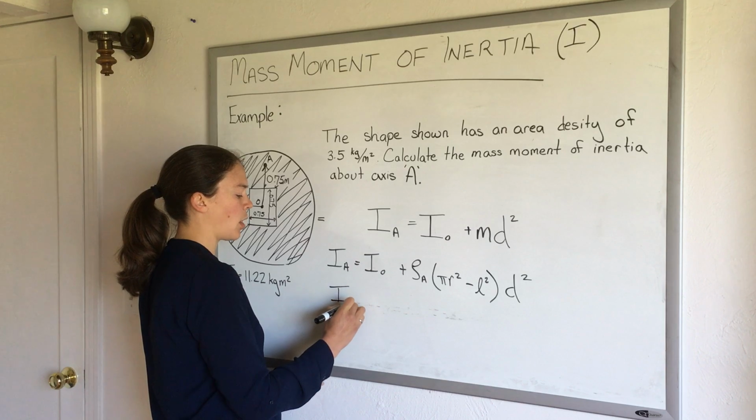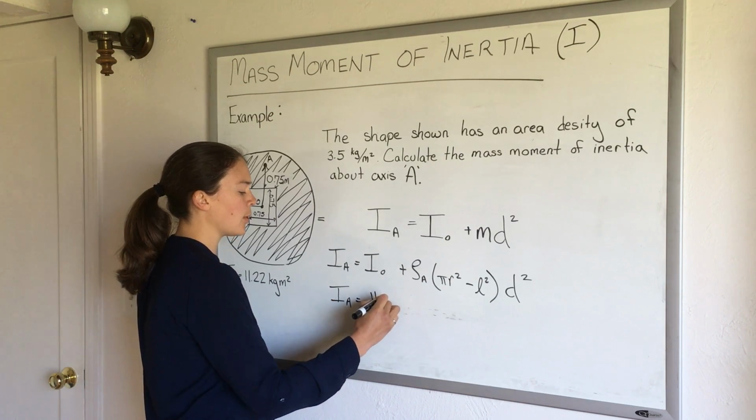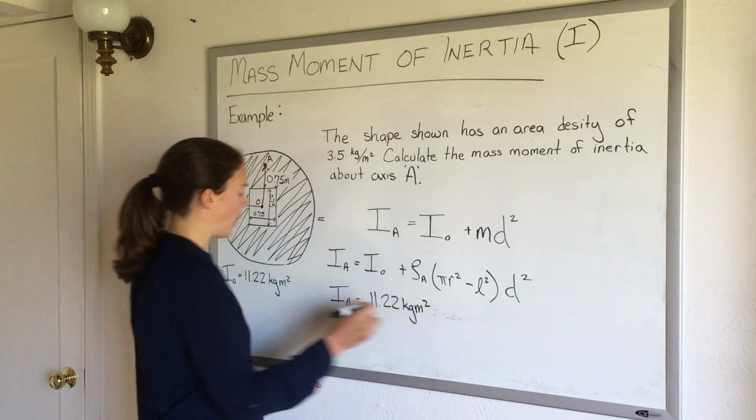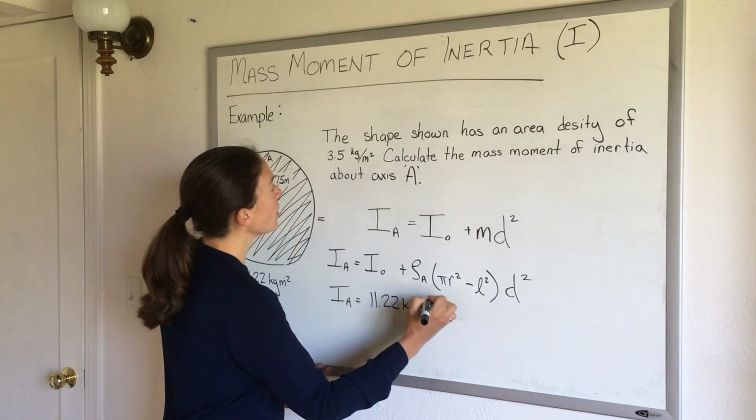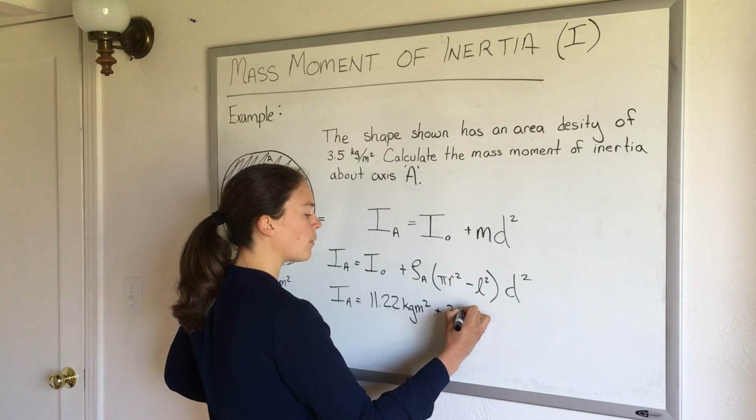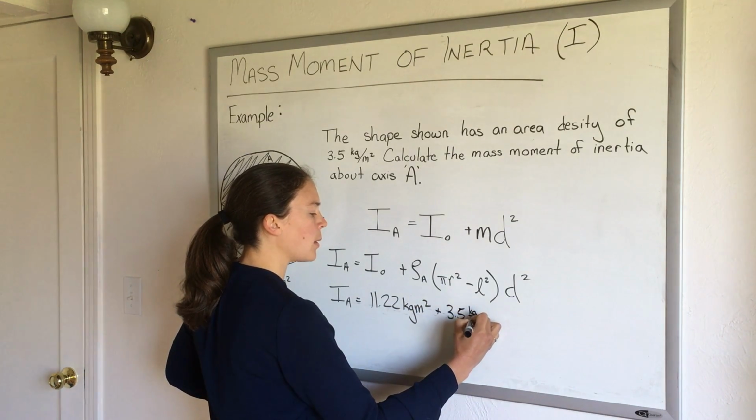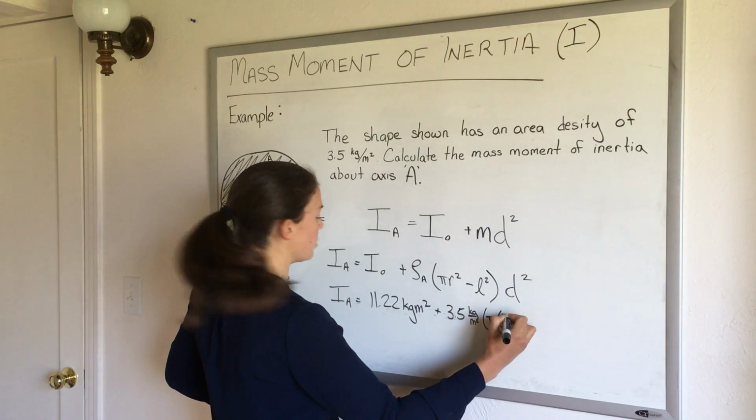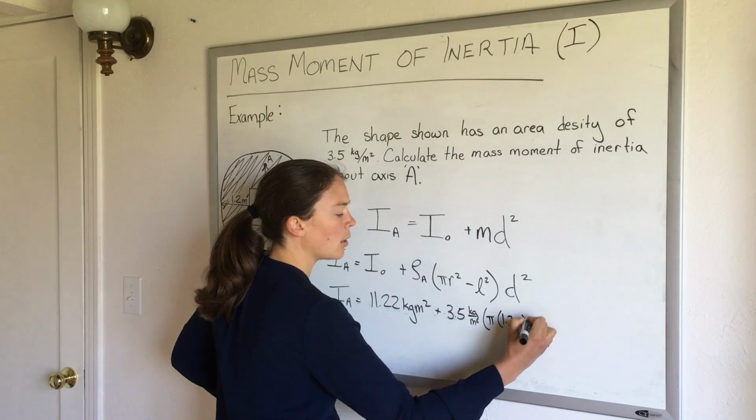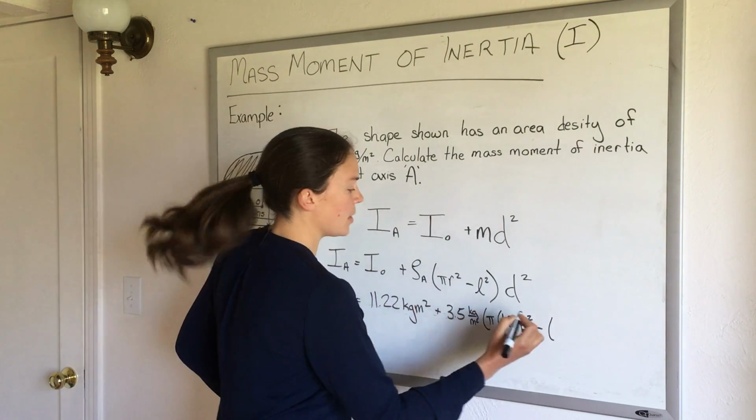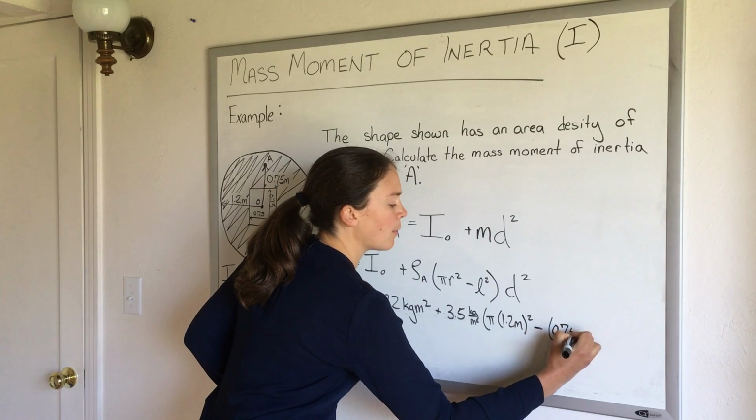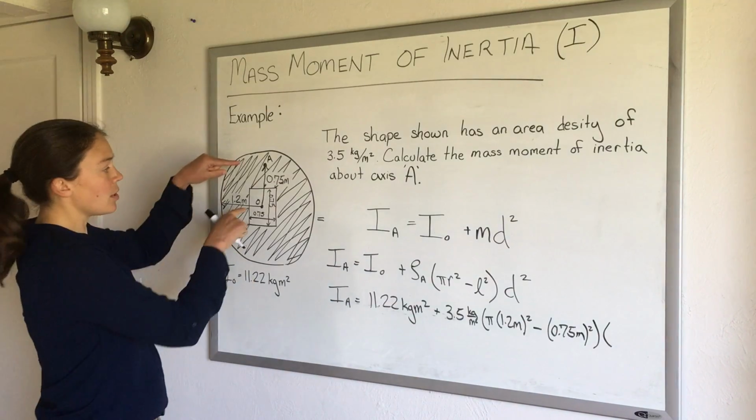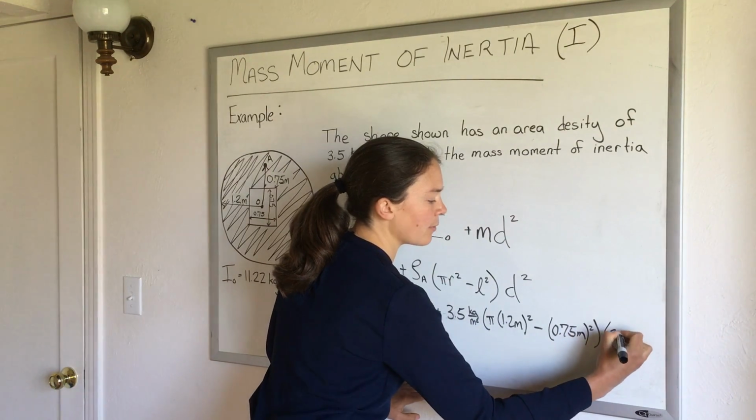And now I think I know everything to solve this problem. So the mass moment of inertia about A will be the 11.22 kilogram meters squared about the center, plus the area density, 3.5 kilograms per meter squared, times pi r squared, 1.2 meters squared, minus that inside circle, 0.75 meters squared, and then times the distance between these two axes, which is also 0.75 meters